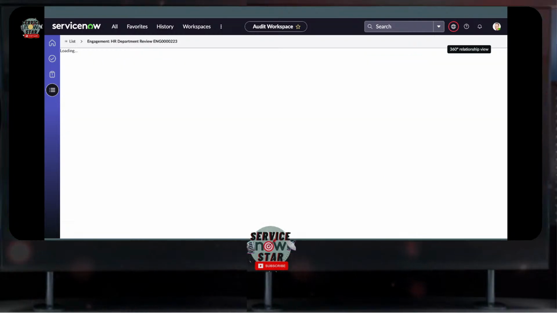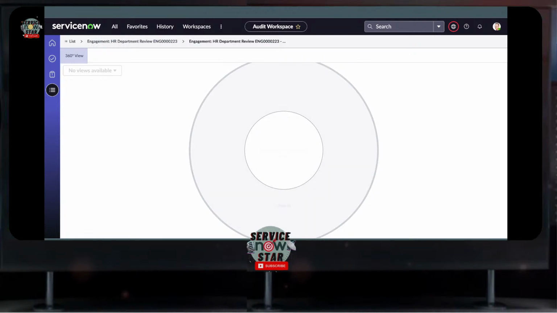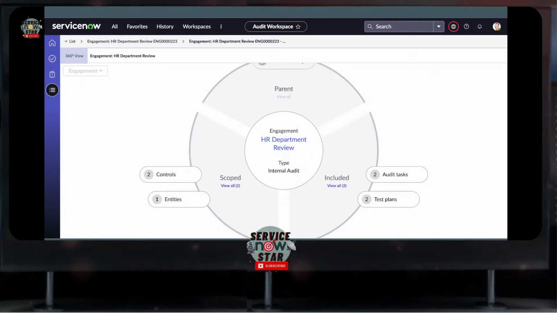Okay, I just click it and I have my engagement right there, and this engagement, so you can take a look at the 360 relationship to your different records. That means this really provides a visualization of data relationships across your enterprise for a given record. The record I have here is the HR department. Your engagement, which is the HR department, is one record, and you can take a look at the 360 view overall across your enterprise